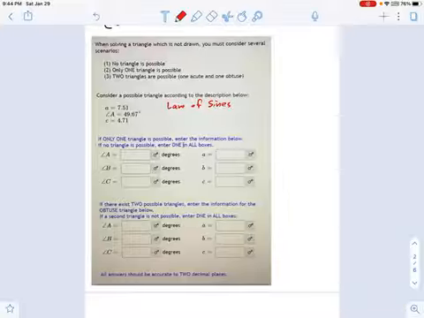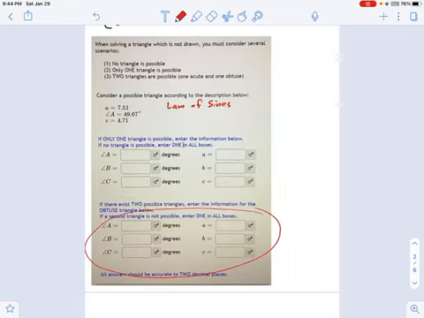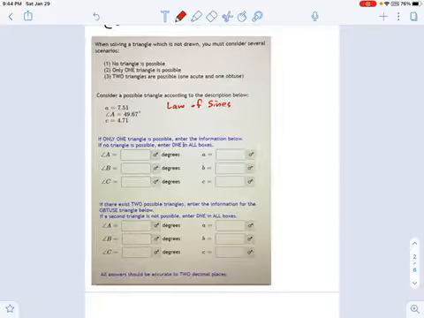Question 2 is, what kind of law of sines problem are we dealing with here? Is this possibly an ambiguous case, in which case we would need to draw a second triangle and fill in those answers below? Or is this going to be a little more straightforward with only one triangle possible? Well, for that you need to examine what we're dealing with here. I have an acute angle given, and right away that makes me a little nervous, because imagine for a moment that A,